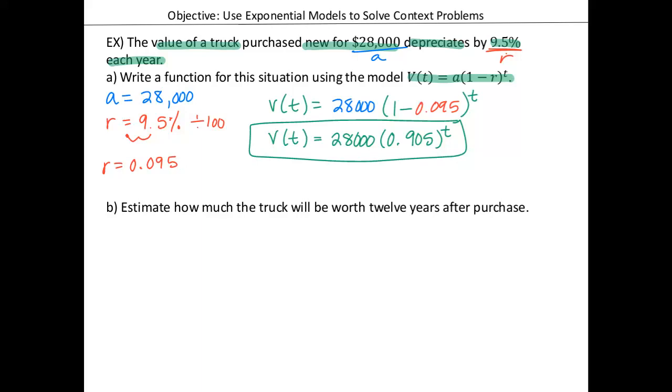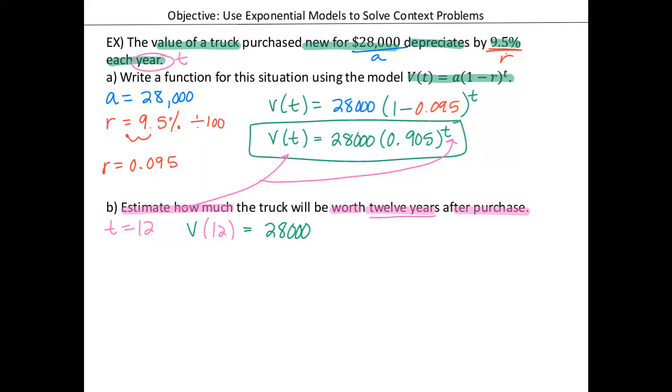And then for part B, estimate how much the truck will be worth 12 years after it was purchased. So in this case, my T is in years, and I have 12 years. So I know in this case, T is going to be 12. So I'm basically just going to plug in 12 everywhere we see a T in my function. So I have V of 12 is going to equal